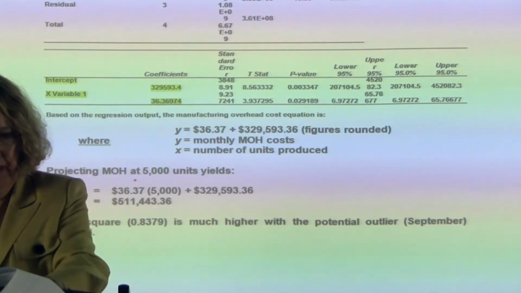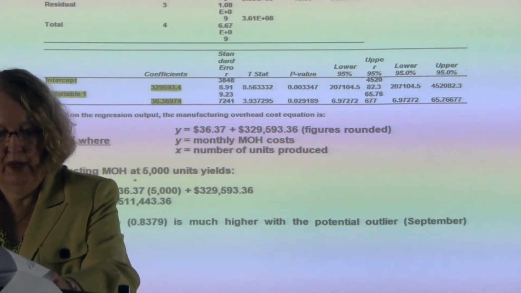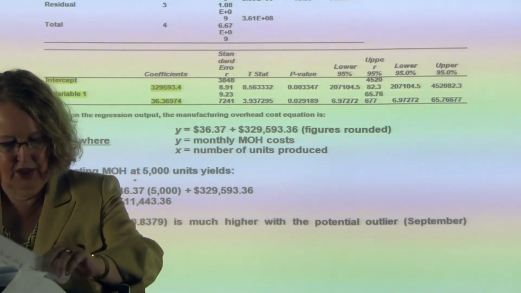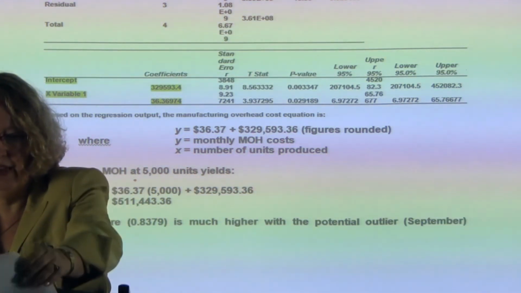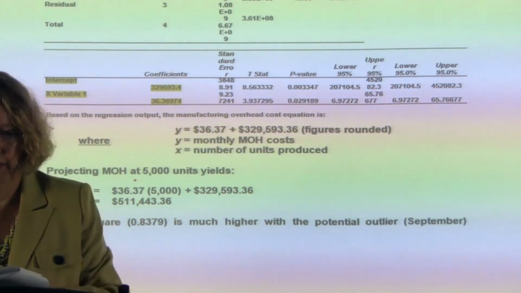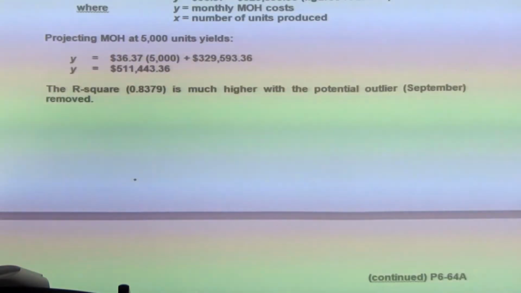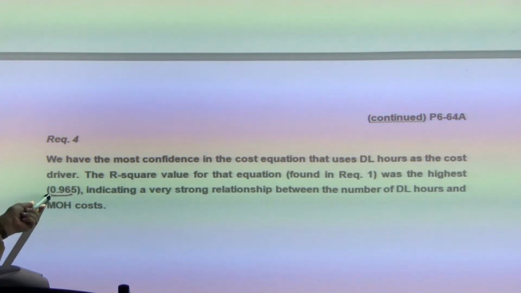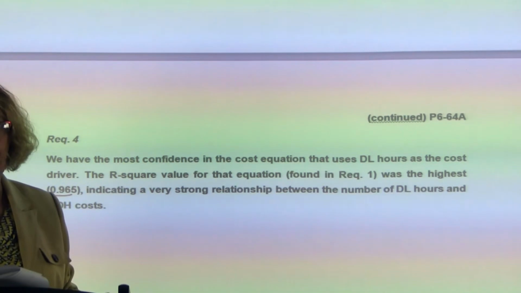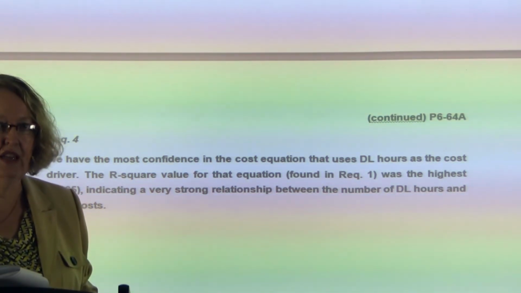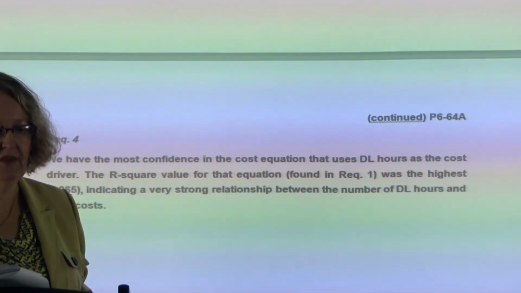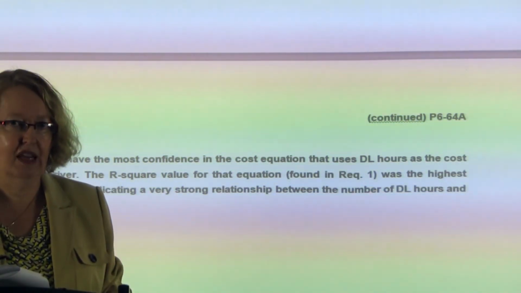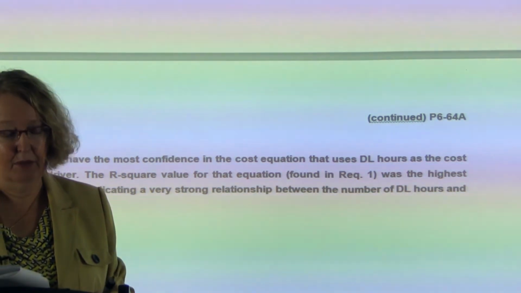So part 4 is asking us which of the methods, which of the equations, do we have the most confidence in, and with part 4, of course, we're going to have confidence in the first one because it had the highest R square, 0.965. So the one you'd want to select is the one with the highest R square because it's giving you a better picture and a better indicator of the strength of the relationship between the number of hours of direct